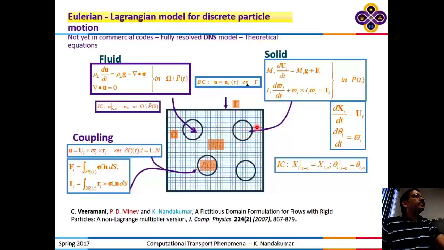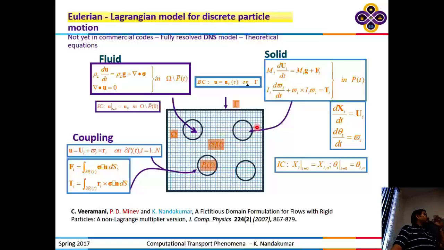Okay? Any other question? I don't understand that when particles are moving, we need to remesh because we need a finer mesh around the boundaries, and either we need to start with a very fine mesh, or